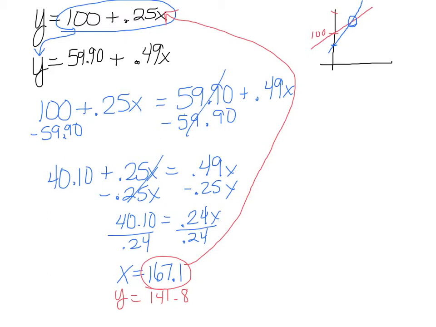All right, now we could write this as an ordered pair, but on any type of an application problem, I want to know what it means. What's that ordered pair mean in this problem? So if you think about what our x value was, our x was how many miles. So across here are the miles. The y was how much it was going to cost me. So this is my cost up the y-axis. And so since what I found is the spot where they're the same, I should come back and write a nice little sentence about the two companies